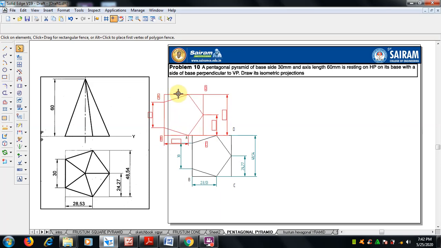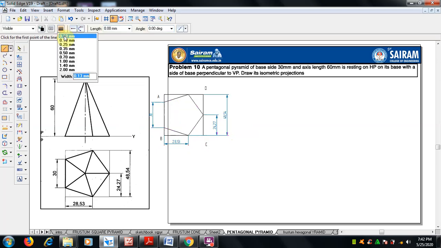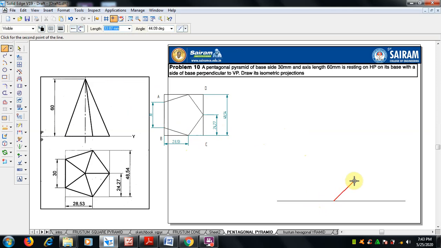Let it be here. So now draw the line horizontally. I am drawing the line here. Now I have to draw this square first. So the base is square AB, BC, CD. How to draw? I will draw a line from here, and this is BC. I am going to take BC here. Understand? BC. What is the length of BC here? We cannot directly make it.